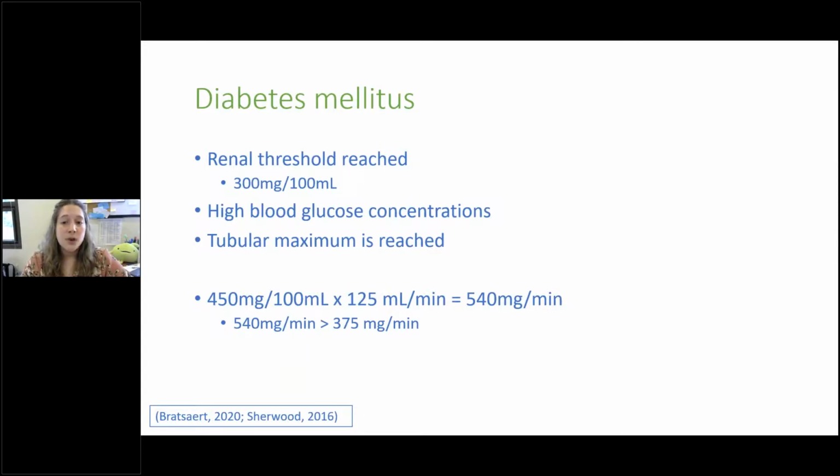If our plasma glucose concentrations are 450 milligrams per 100 milliliters, well above the average amount, with 125 milliliters being filtered per minute, this means 540 milligrams of glucose is being filtered, much more than the maximum concentrations allowed at 375 milligrams. This means 165 milligrams of glucose per minute will then need to be collected by filtration and excreted